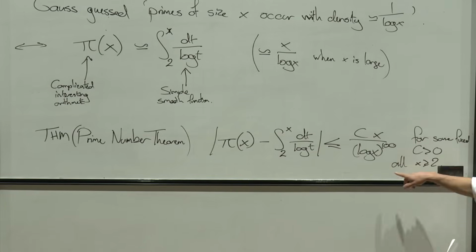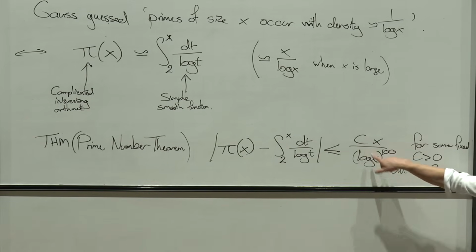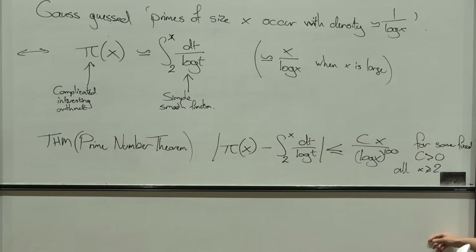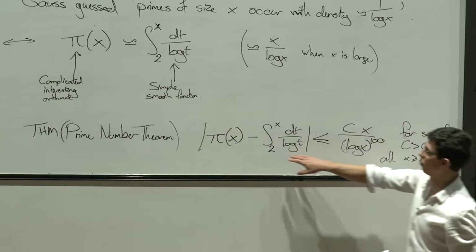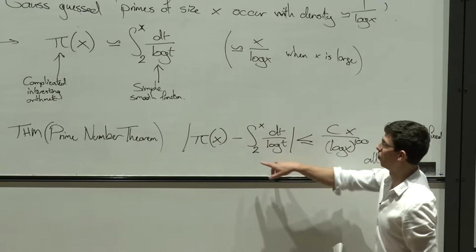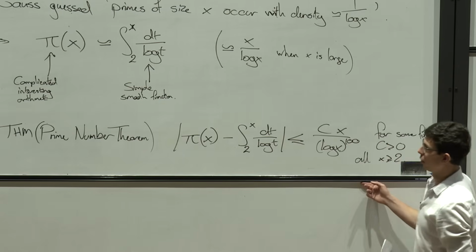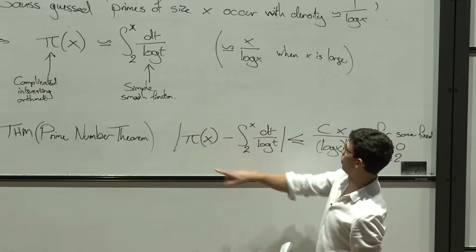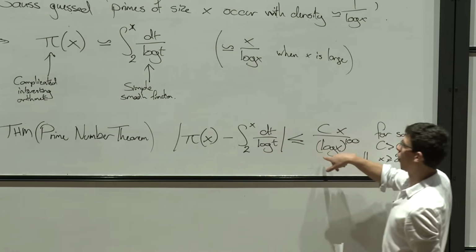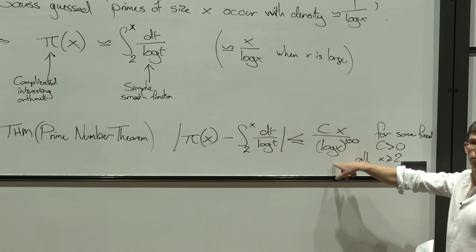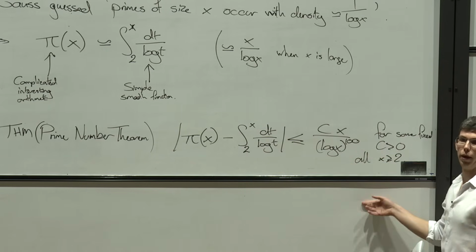And so at least when x is large, so that log x is large compared to this constant c, that's saying the error in this approximation is smaller than either of these two terms. And so this is saying that pi of x is equal to the guess plus some error term, which is smaller by some large factor compared to the main term